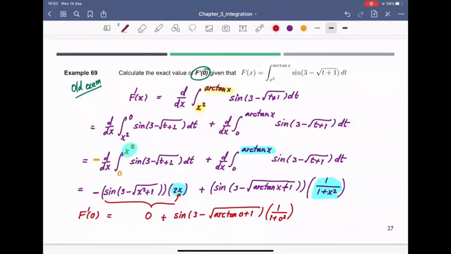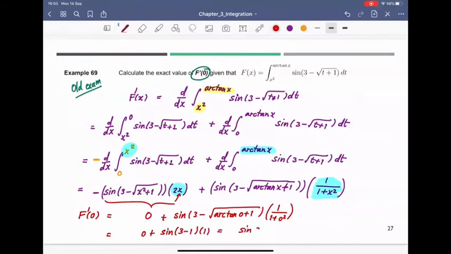So the arctan of 0 is the angle that when you take the tan, you get back 0, right? So tan of what angle gives you 0? It's going to be 0. So that means you get 0 plus sine of 3 minus 1 times 1, which is the answer,